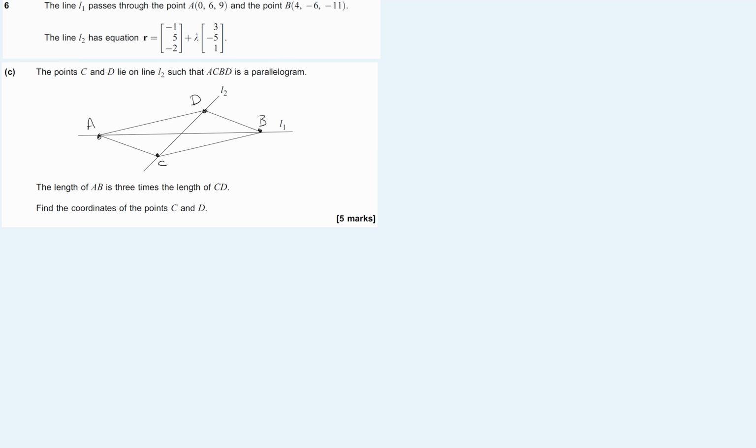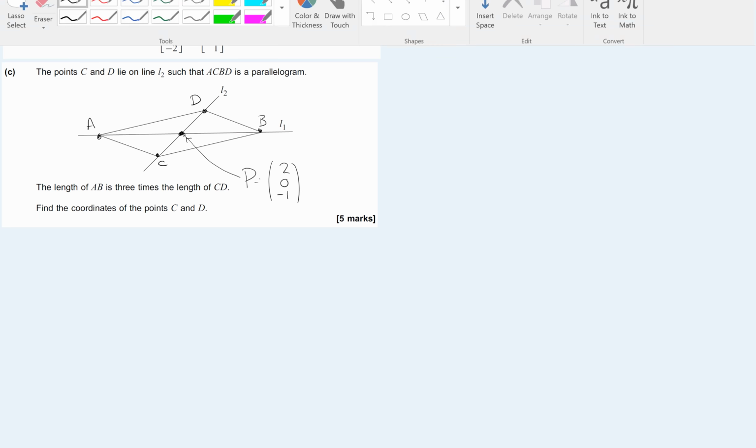But both of them should hopefully hold and make sense. So what we just found in part B was this point here, this point in the middle, which is P. Okay, so we've got this point P, which we have its points, let's put them as a column, so (2, 0, -1). So what we're going to do here is look at this problem by saying